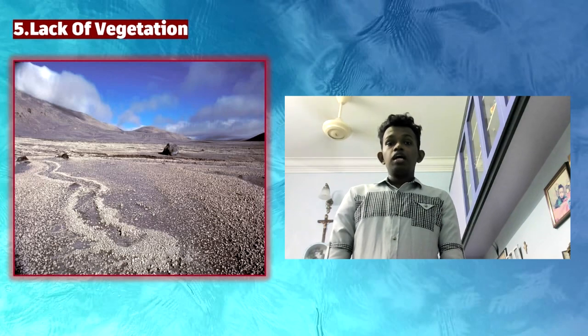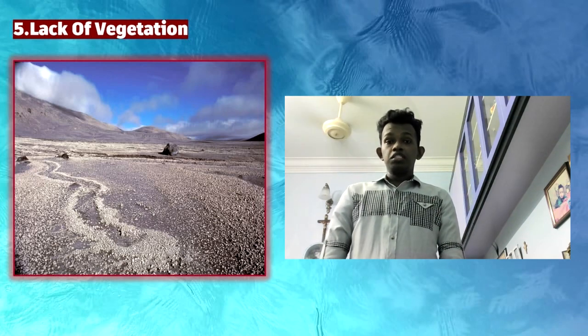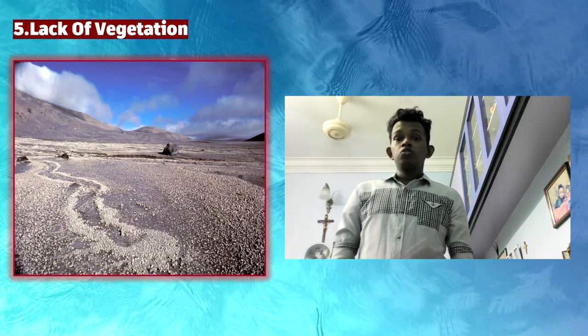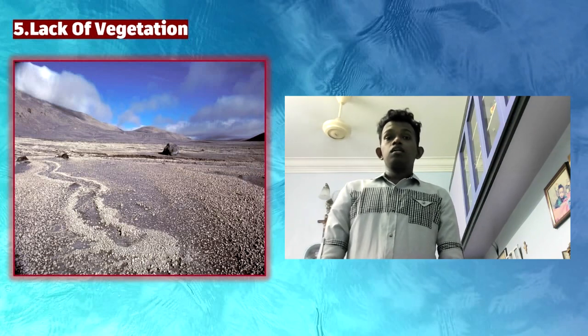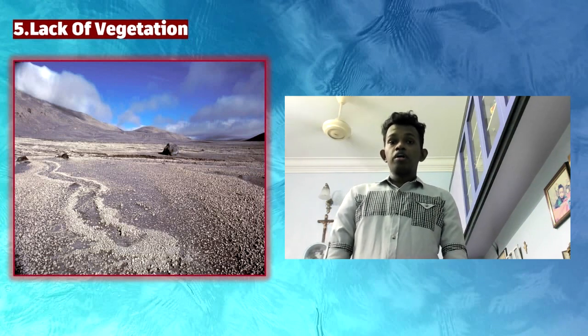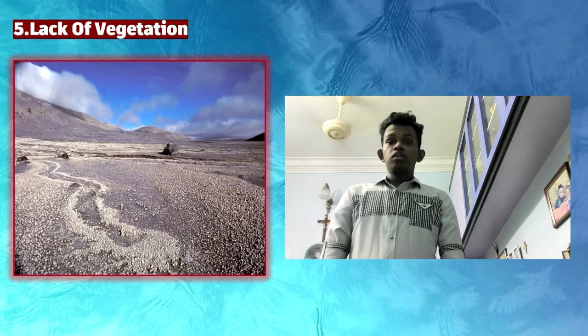Dear friends, I shall move on to our fifth main point, which is a lack of vegetation that causes flooding. Vegetation can help slow runoff and prevent flooding. When there is a lack of vegetation, however, there is little to stop water from running off. This can be a bit of a conundrum after a drought.